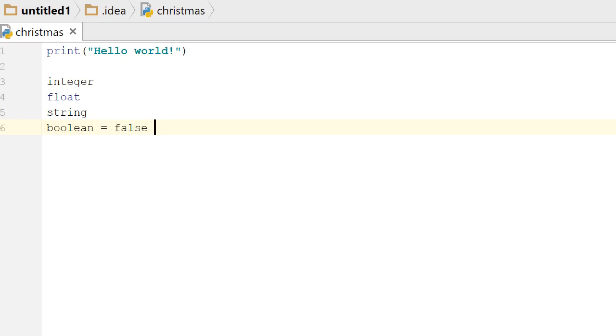And when the computer reads Boolean equals false, it's actually reading that Boolean is equal to 0, because 0 is equivalent to false. It's a little complicated, and I don't expect you to fully understand that right now, because you're not using it, I guess is the best way of putting it. You're not implementing it anywhere where you can see exactly what's going on, but maybe I'll try to pull an example here shortly where we can use